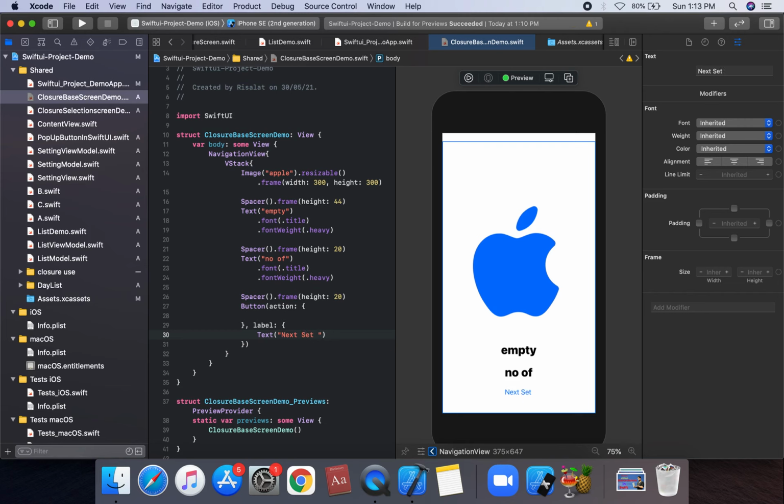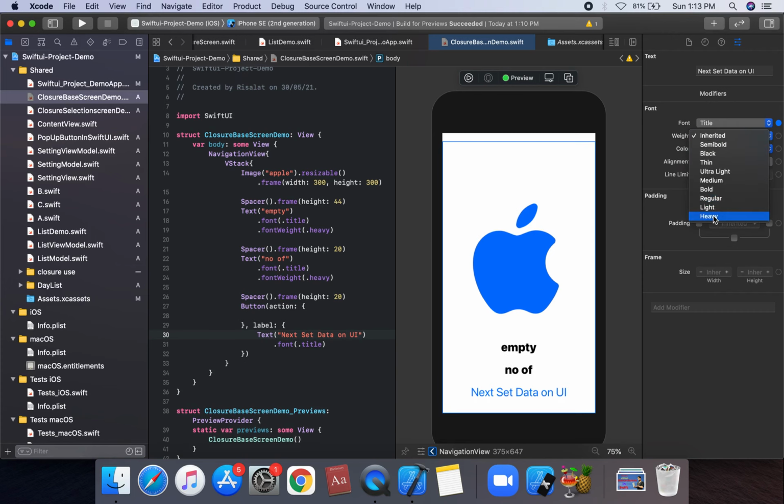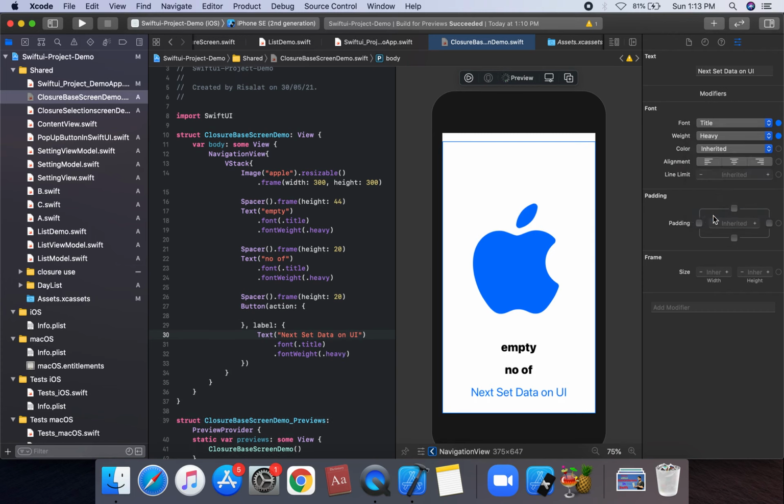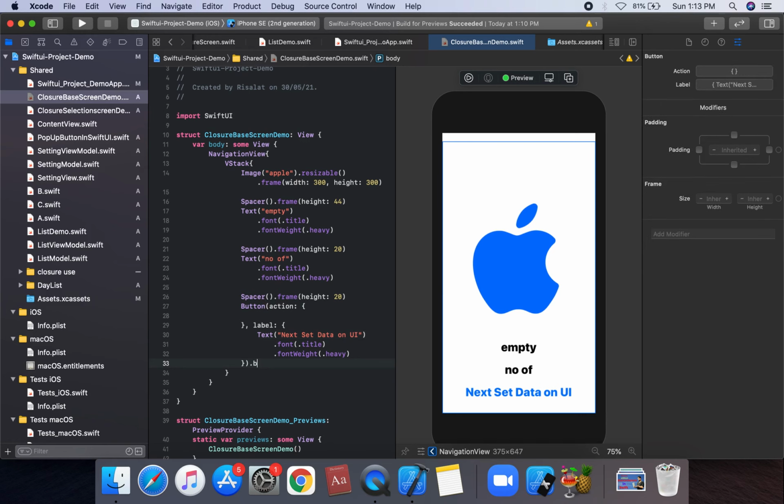We apply the font on this text with heavy weight, and we apply the background color on the button.